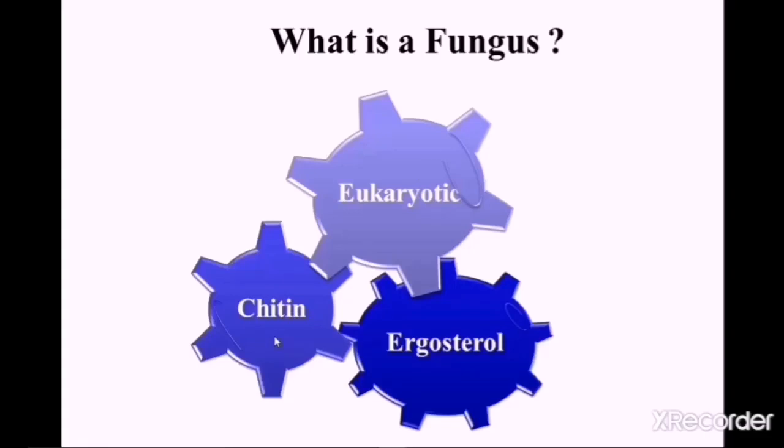This beta-glucan is a long polymer of D-glucose, and the medical importance of beta-glucan is that it is the site of action of certain antifungal drugs, for example, caspofungin. Fungi also have a cell membrane which is composed of ergosterol, in contrast to the human cell membrane which contains cholesterol. The selective action of amphotericin B and azole drugs such as fluconazole and ketoconazole on fungi is based on this